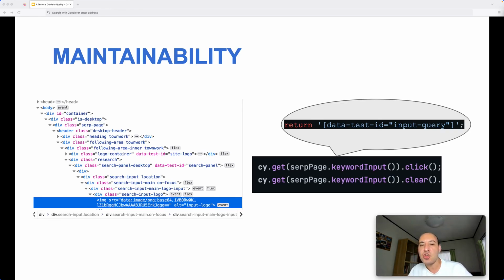And even if they changed the layout of the page or the attributes of the elements, I was still able to find the element because the unique ID was still there, and my test cases were not broken anymore. So this is why we are saying quality is not something which can be performed individually, but it should be a team effort.